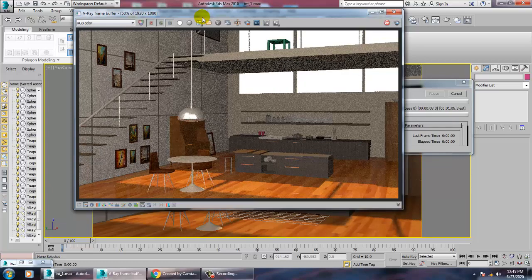We can just render it and see. There are a lot of things we need to work on right now.